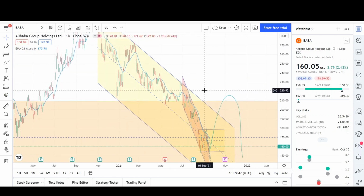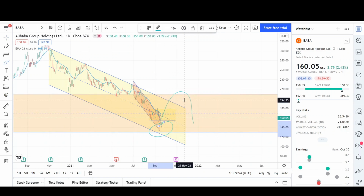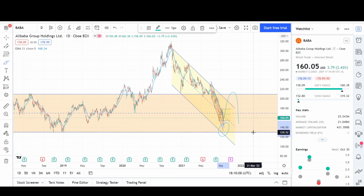So expect those coming in the coming weeks and months. And that's pretty much already telling me what the news is going to be, right? If prices are still going lower and we're just having a little pullback, they're probably going to have some big news coming up that will drop the prices even more. And I wouldn't be surprised with it, because we do expect a retest of these lows, right? And possibly they want to reach this 130 target. So they're going to keep on coming with bad news and go to the targets that they want to reach